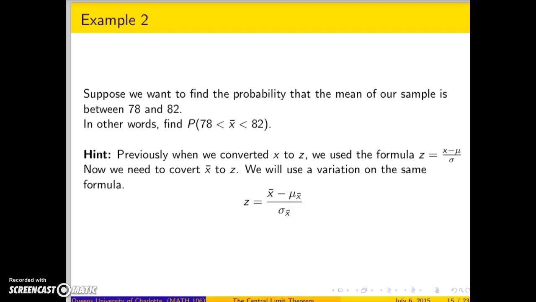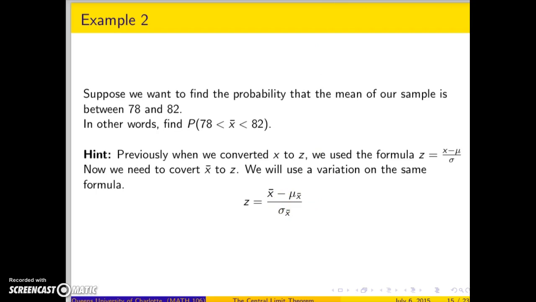But instead of x's, we need to convert x bar to z's. So we use the same formula as last time for converting x's to z's, but instead we use x bar. So we now use the mean of x bar and the standard deviation of x bar instead of the original